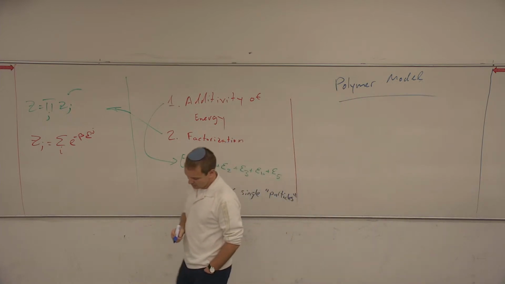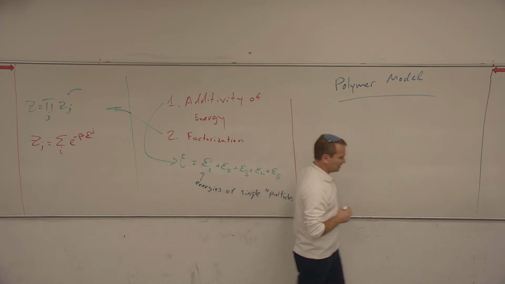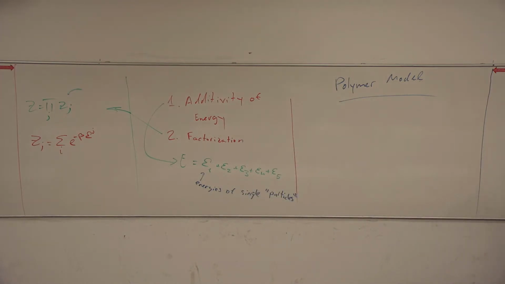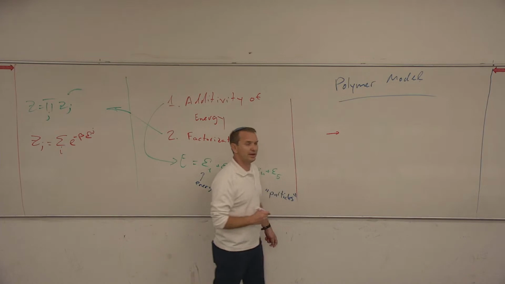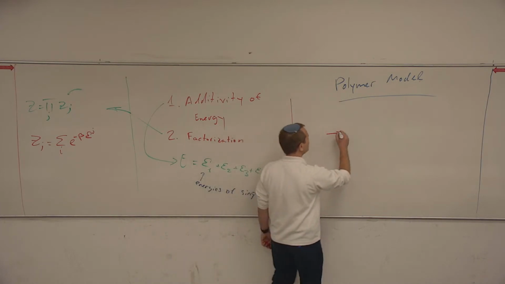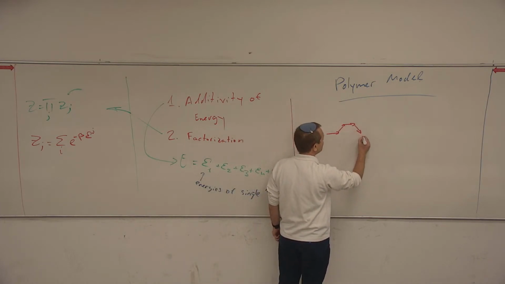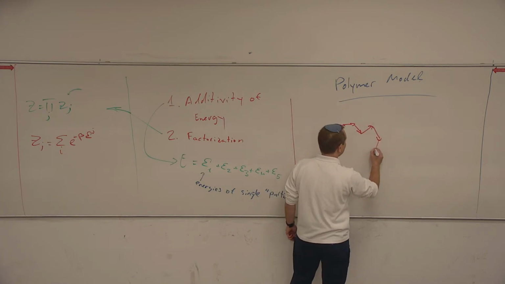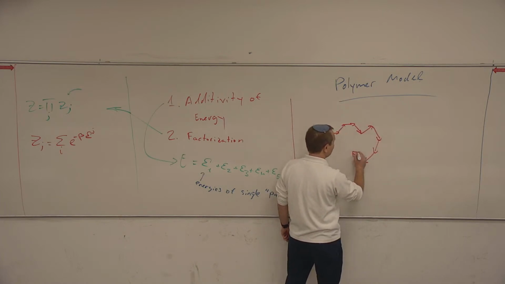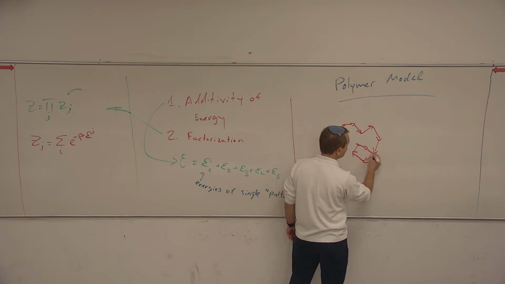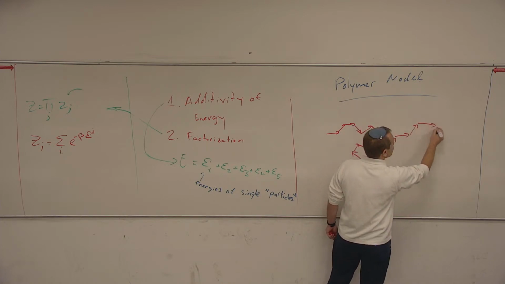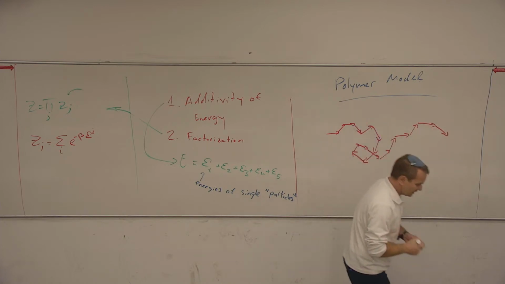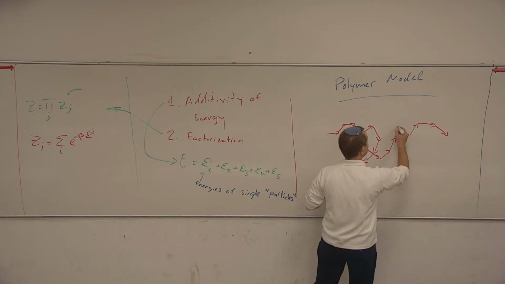So polymer, we assume that it's composed out of monomers, right? So let's assume that I have a lot of monomers that I represent by arrows, and those monomers are somehow connected to each other, right? In reality, this polymer can be three-dimensional or two-dimensional, whatever, and it's a complex connection between different monomers. So this guy is a monomer.